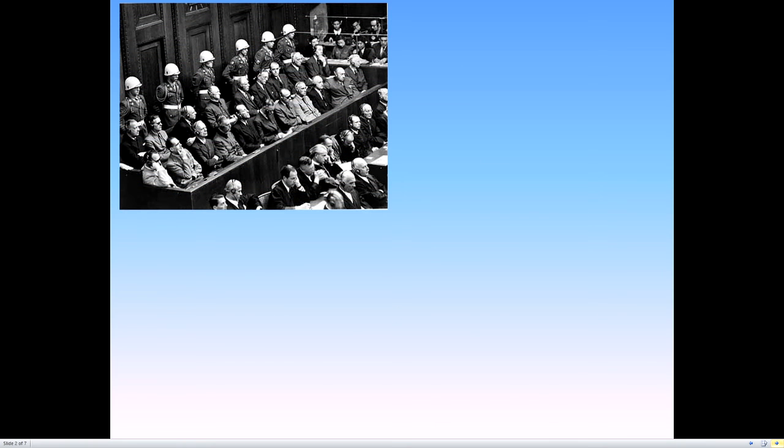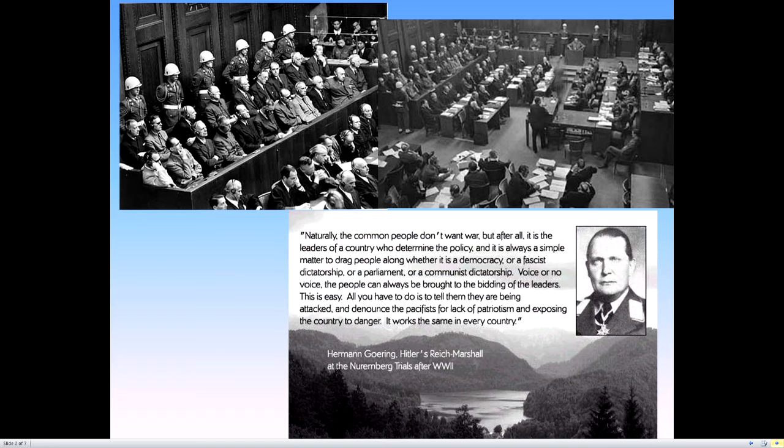Okay, here are some pictures from the Nuremberg trials, just random food for thought type things. I think one of the most interesting quotes to come out of the trial, certainly worth reading and reflecting on, is from Hermann Goering, who was basically the vice president of the Nazi government, second in charge behind Adolf Hitler. They asked, the German people, certainly there's been a history of some prejudice in Germany, that goes without saying, but they're also a very educated nation. So how do you take a very educated nation of very smart people and in essence brainwash them into supporting something like the